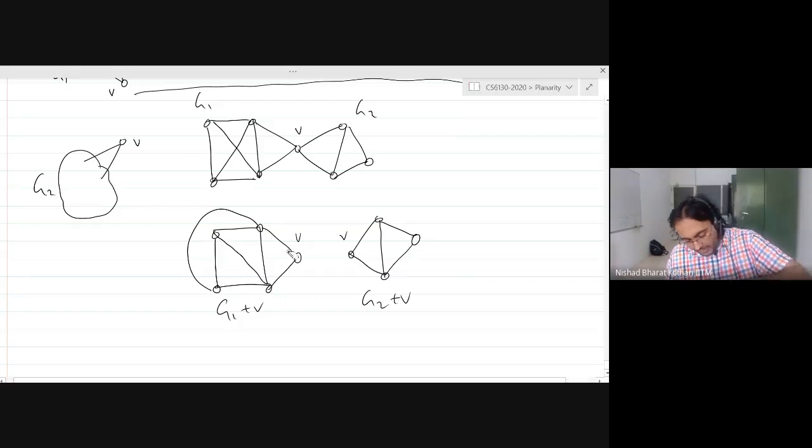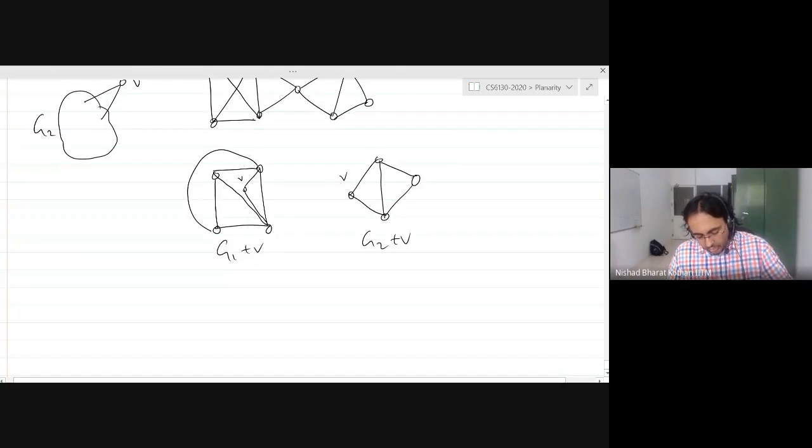You might say, well, why are they in the same face? What if V is inside here? Of course, we can flip it in this drawing, but in general, if V is somewhere else, then how would you deal with it? Can anybody tell me how to deal with this case? I don't want to change the embedding. Can I still somehow accommodate the idea?